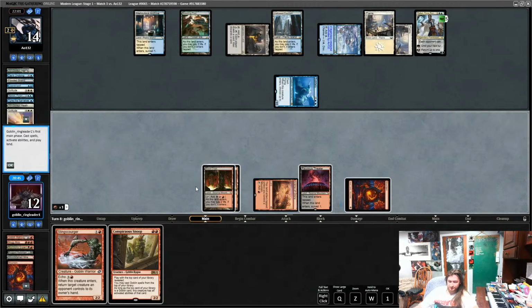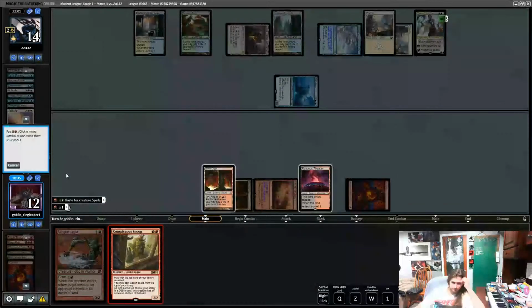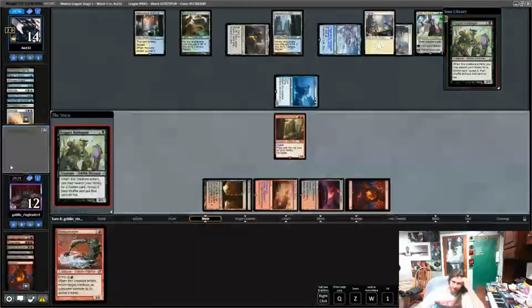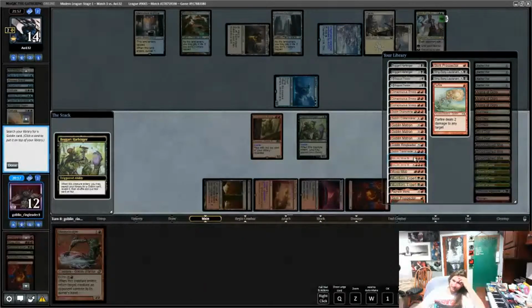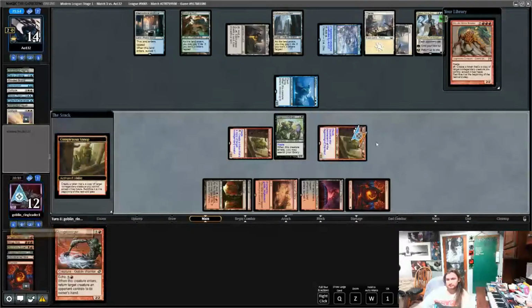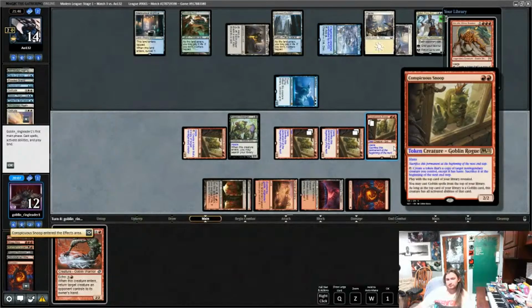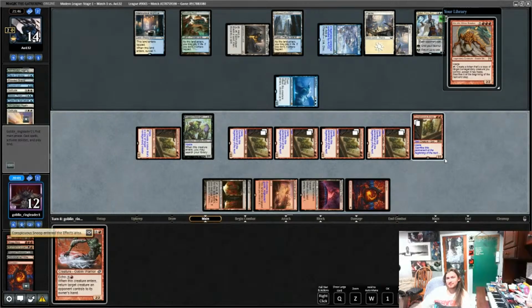Exert. No. Well, we should have drawn a ringleader, and the ringleader probably would have hit us. Hey, Snoop. But we'll take what we can get. No way. Another Heartbringer on top? Jesus Christ. Okay, well, I guess the... Oh, wow. What's really crazy about this, if they hadn't tapped their reach...